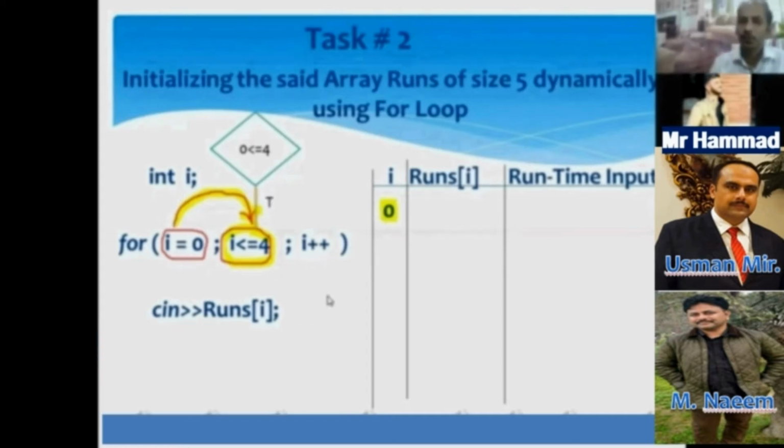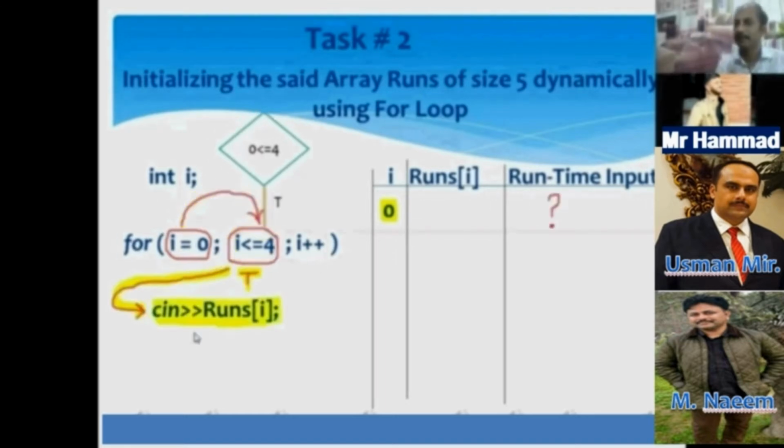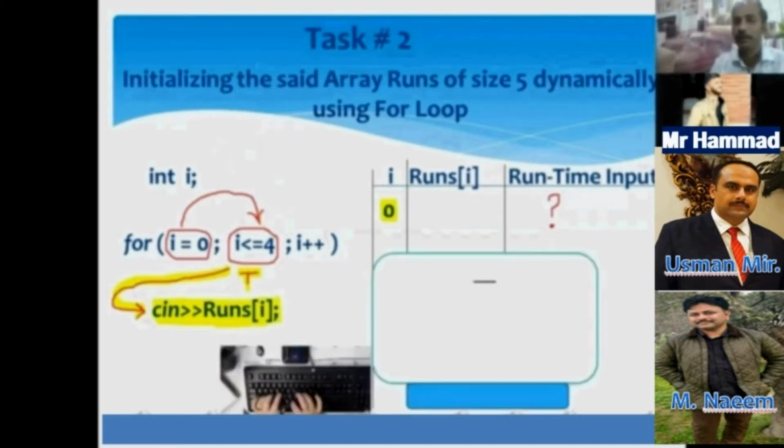If the condition is true, the control of execution will be shifted to the for loop associated statement, and that one is the scanf statement, all right? Mr. Ahmad, did you get it? Yes, sir. All right. When the scanf statement is executed, what happens over there? If you look at the monitor screen, you will see a cursor blink. It means a cursor will come and disappear. What is meant by this? It requires you to enter something using the keyboard.